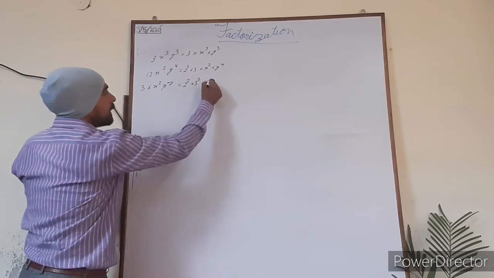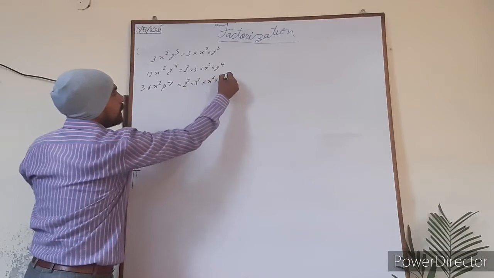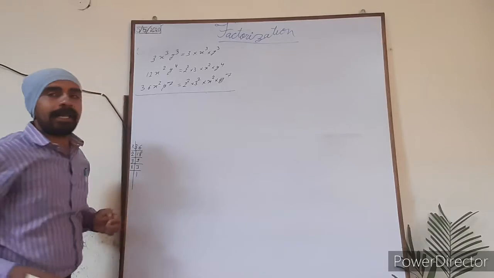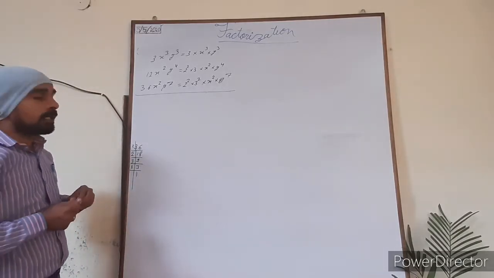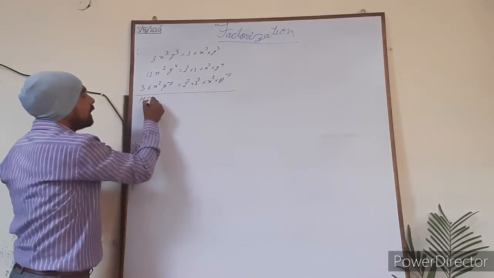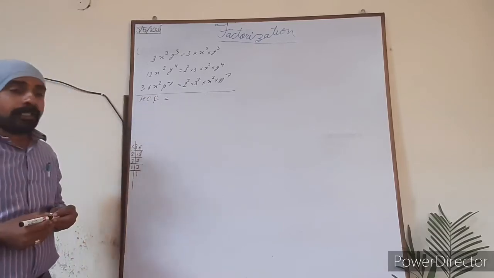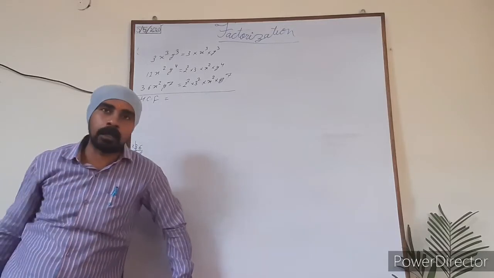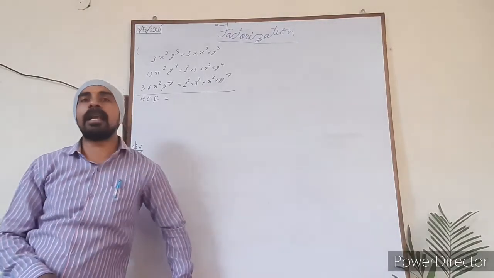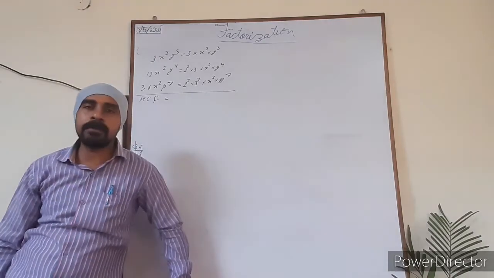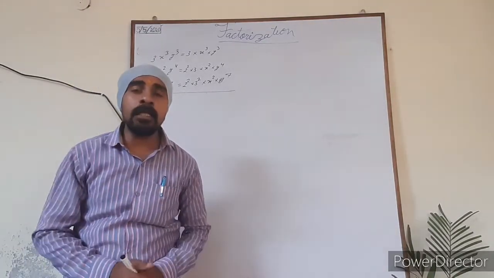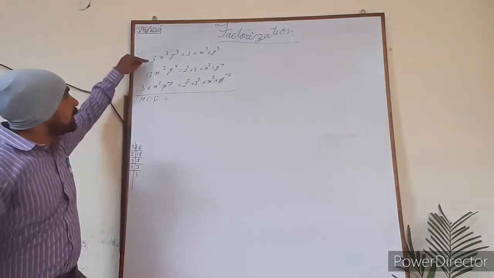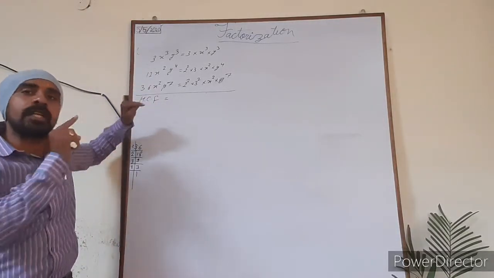And now this is x square multiple y to the power 7. Now you are supposed to find the HCF of all these terms. I know that if I ask what the HCF is, you will say it is the highest common factor. But this is not the exact definition of HCF. So what is the exact definition of HCF, sir? HCF is nothing but the highest number that can divide all the numbers whose HCF it is.